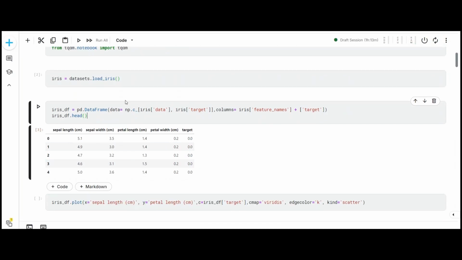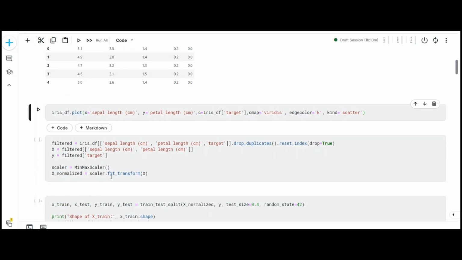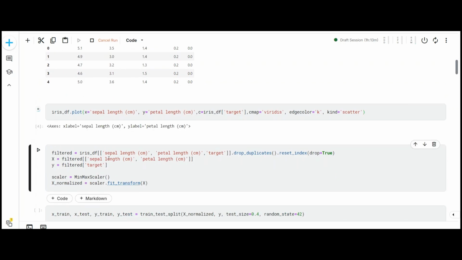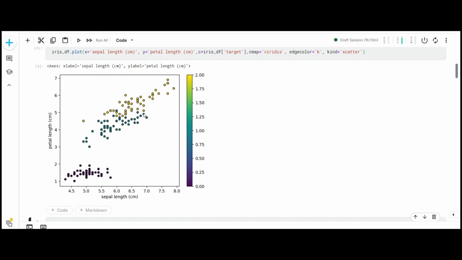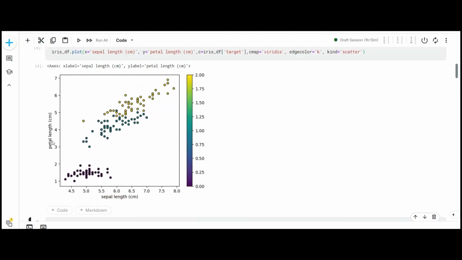Here's our dataset. We have a four-dimensional dataset, which means there are four columns. Now it's difficult to visualize four dimensions, so what we can do is choose two columns to work with for this tutorial. I am going to choose the sepal length and the petal length, and let's see if we can find any clusters in this dataset. So there are three distinct clusters for each of our classes,